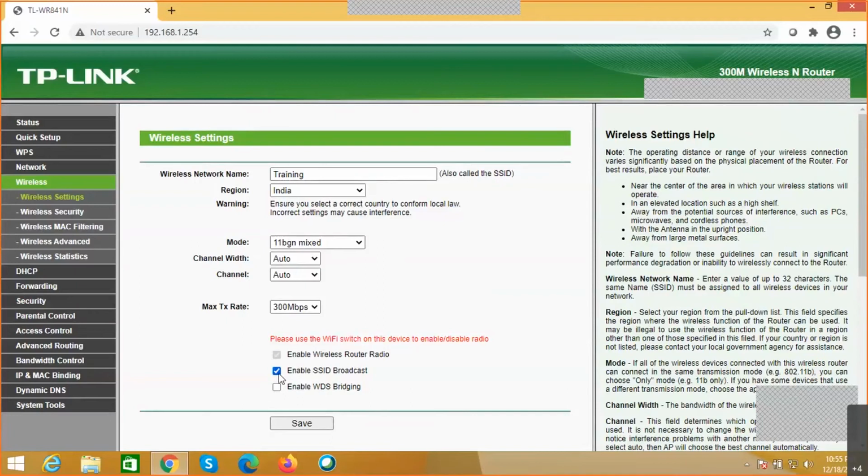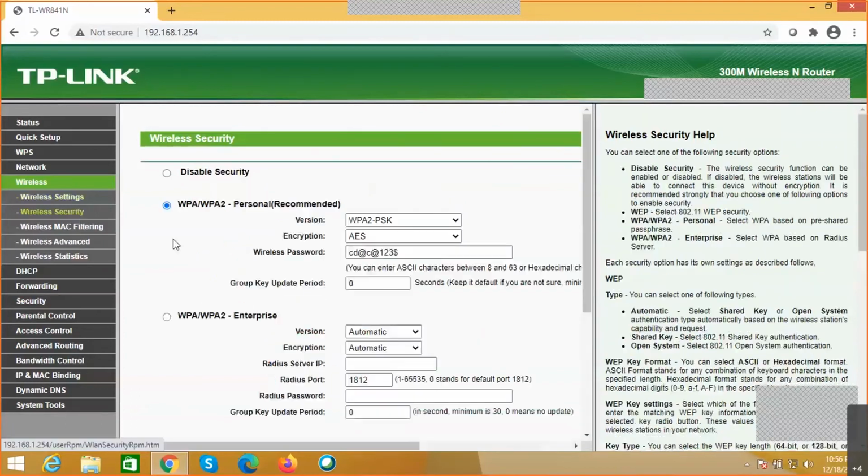Only if we know the name, and we need to type the name whenever we are trying to connect from the client, as well as the password, only then can we connect to the access point. So we can also disable the SSID broadcast here. And with respect to WPA settings, it's not suggested to keep the access point open.